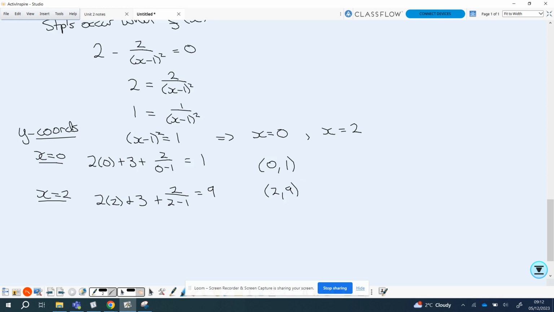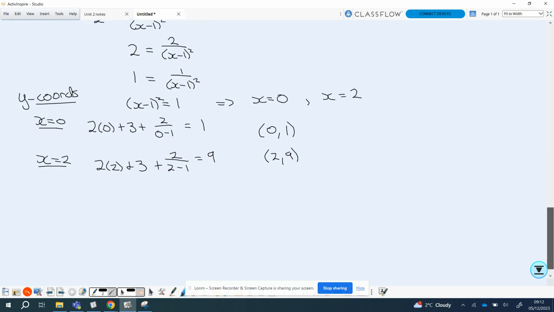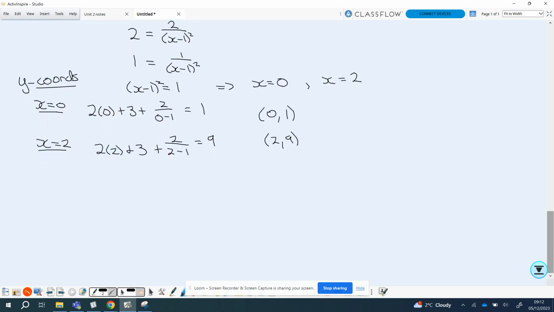I've got 2, 9, that's my second coordinate. Okay, so again, you could use any part of the f of x function to do that, so sometimes one makes it a bit quicker than the others. Right, nature table. I'm not going to use a nature table here because all I need to do is work out what f double dash of x is, f prime prime